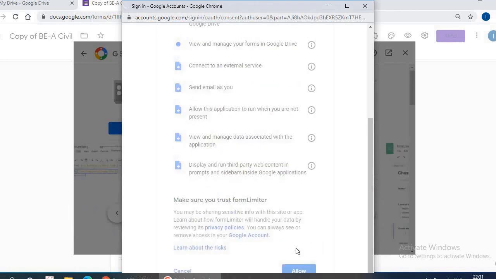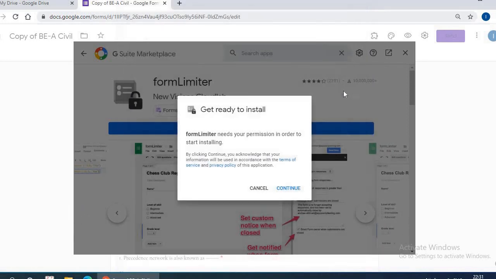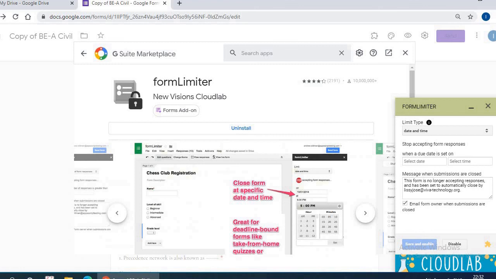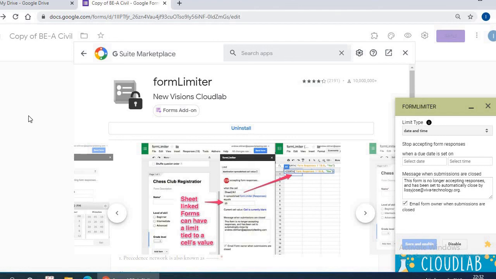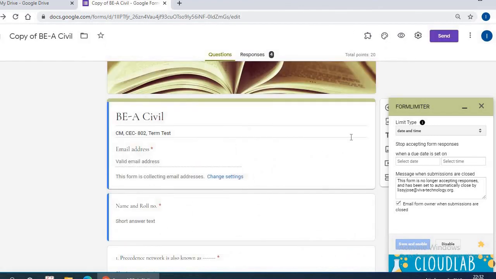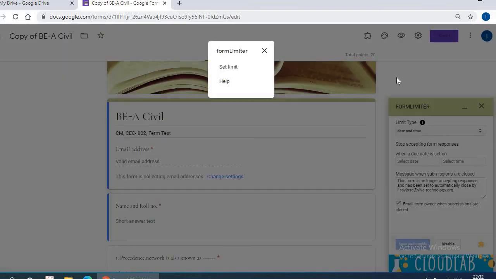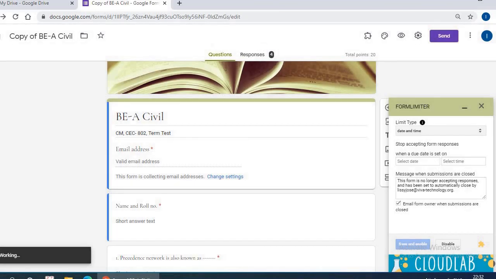Allow that. So go to the form limiter and see the options. Now first come out of this installation window. We'll do form limiter first. To set this, the window is already open.